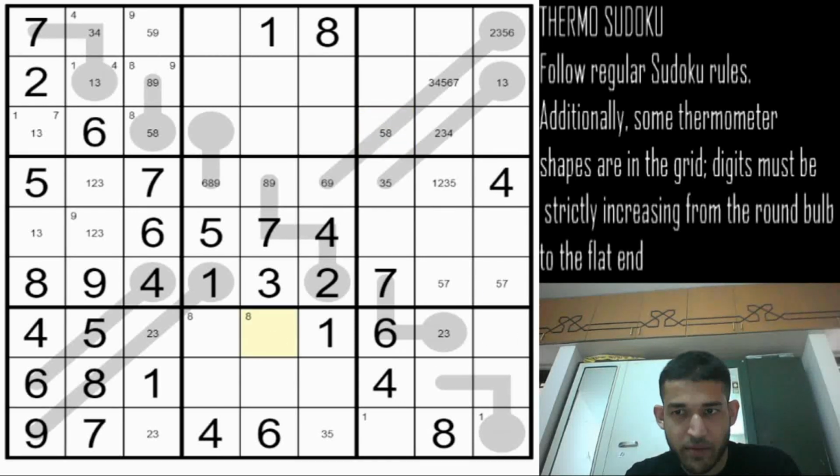Now row 7 we can pencil mark the possibilities. This will be 8 9, this is 7 8 9, and this is 7 8 9. We have 1, 2, 3, 4, 5, 6 already pencil marked, and 2 in box 8 is in one of these two cells. So the only possibilities here are 1, 2, 3, 5 and 1, 2, 3, 5 for row 9. Now 8 can be removed because 8 is in that box already, so 8 is in one of these two cells. I think we have already pencil marked the possibilities here. In box 6, 8 can only be in one of these two cells.